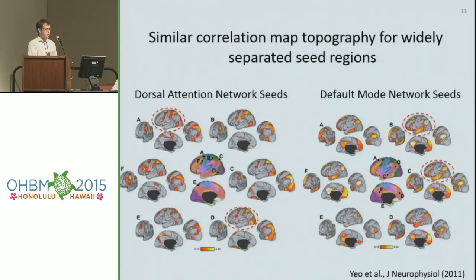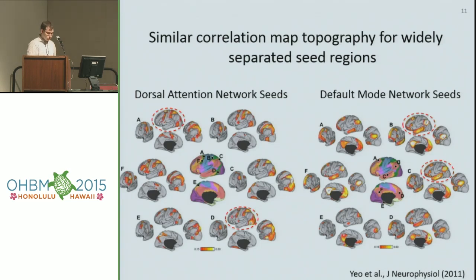So if we look at the correlation maps that result from these different seeds, we find that widely separated regions can have very similar correlation patterns. So region A on the left is over the frontal eye field, part of the dorsal attention network. And you can see that it's correlated with a region of the IPS and region MT. And when we put a seed in MT, we find a very similar correlation pattern. On the other hand, seeds in what we call the default mode network, for example, the angular gyrus in B, produce a very different correlation pattern than the dorsal attention network, but also produce similar correlation patterns to other seeds